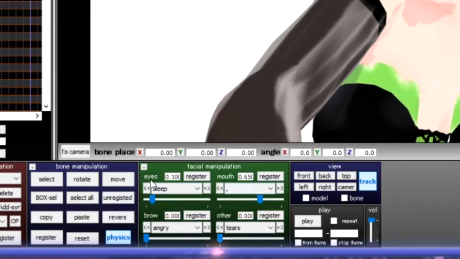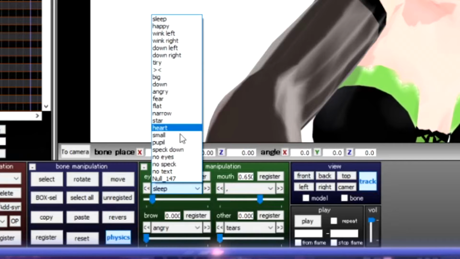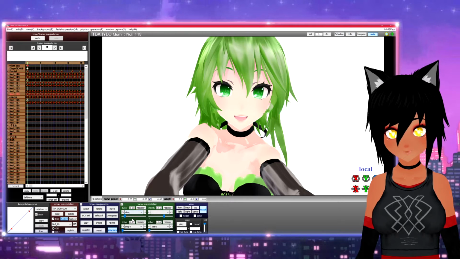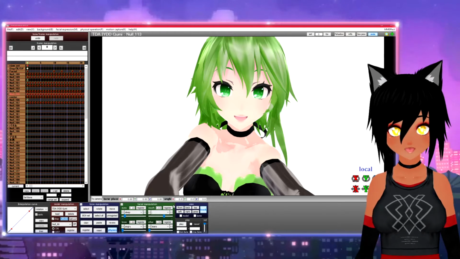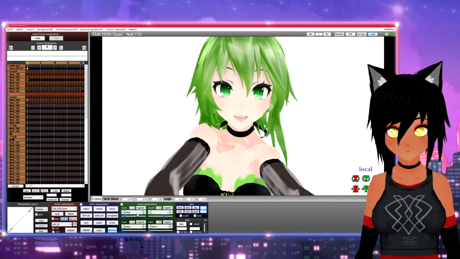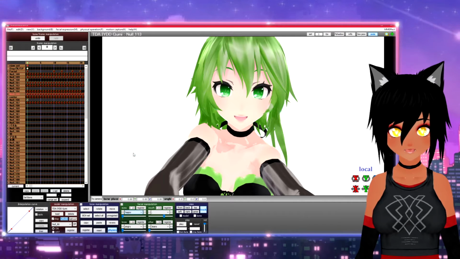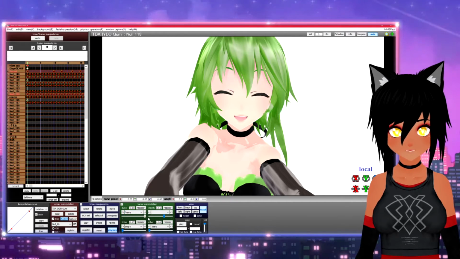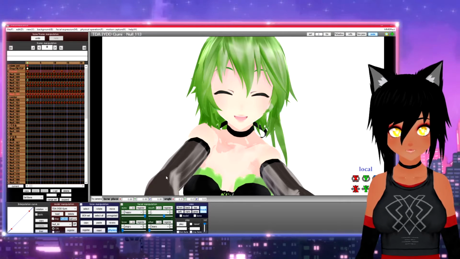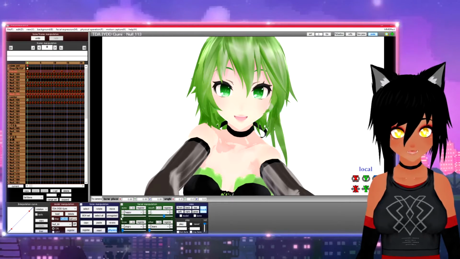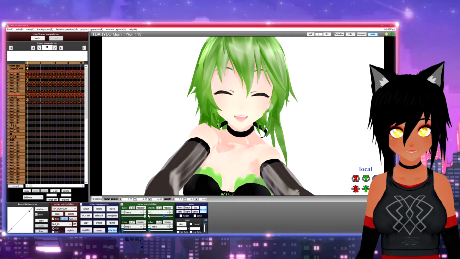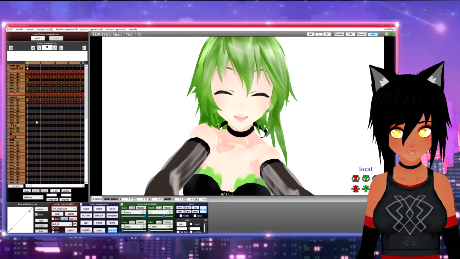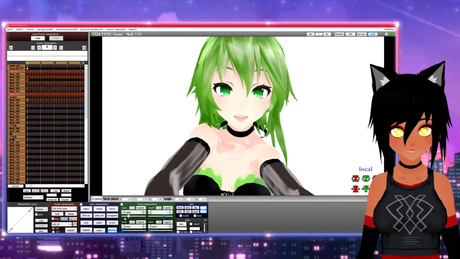Well, here, obviously there's 4 categories. This is eyes, mouth, brow, and others. And these are all like the different facial expressions that you can change. Now, these will all depend on your model. Some models will have a lot, some won't have any. Some might just have very basic, like happy, and then there'll be a slider. So just like moving arms and legs and bones and stuff, you would move whatever you want and click register. And it would just register it, and it animates it just like everything else.